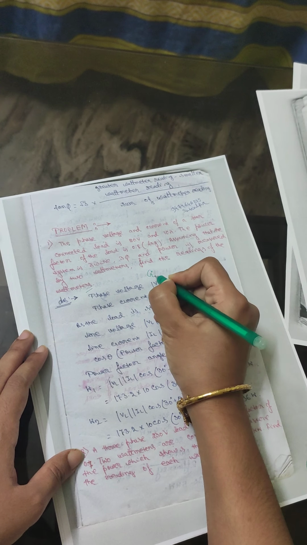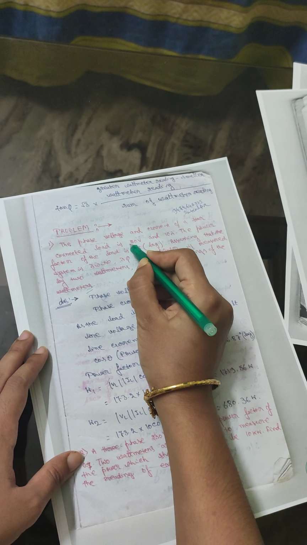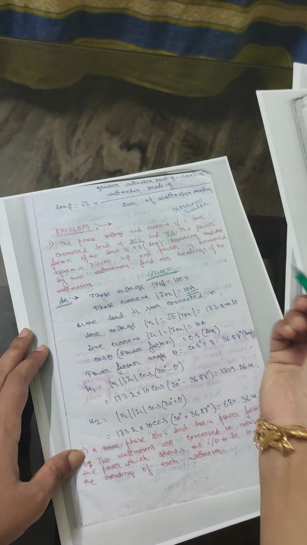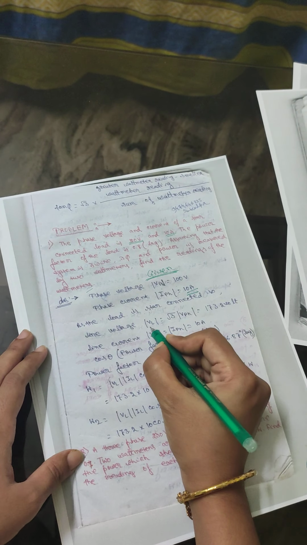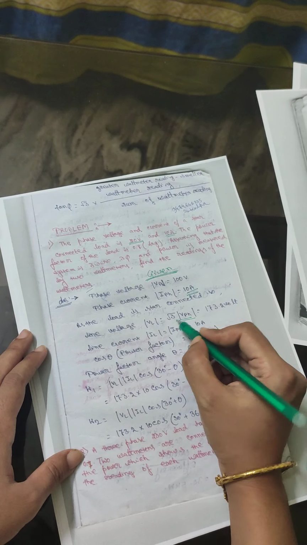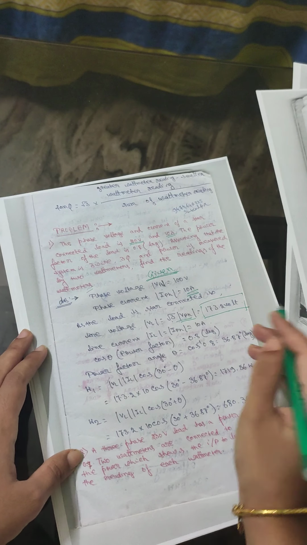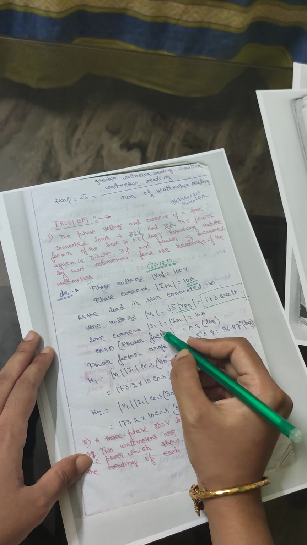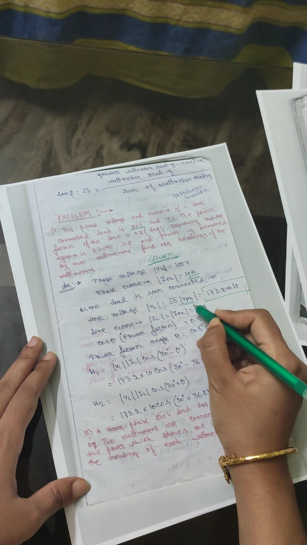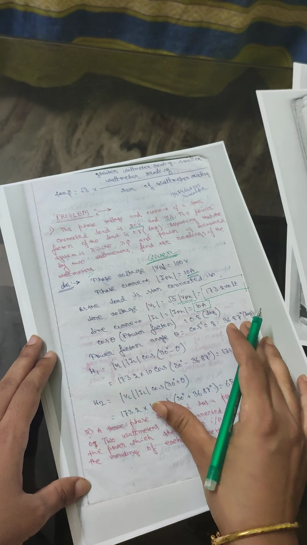Given data: the phase voltage is given as 100 volt, and the phase current is given, that is 10 ampere. So the line voltage equals root 3 times phase voltage. If we calculate it, root 3 times V phase, we will get 173.2 volt. And in case of star connection, line current equals phase current, which I already discussed. It becomes 10 ampere because I phase is given, IL equals I phase equals 10 ampere.